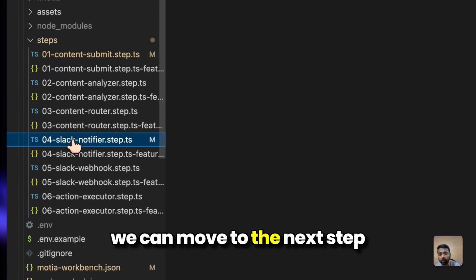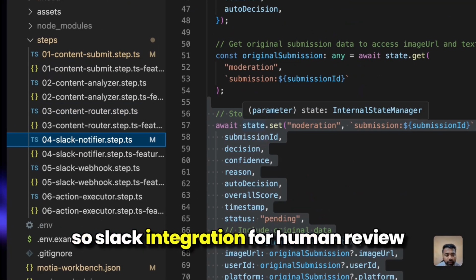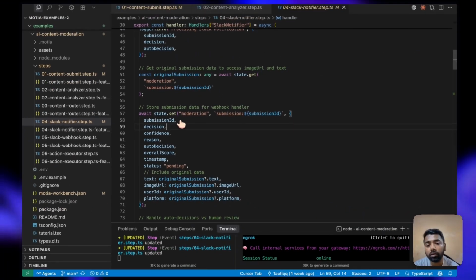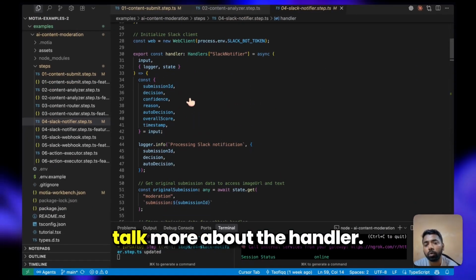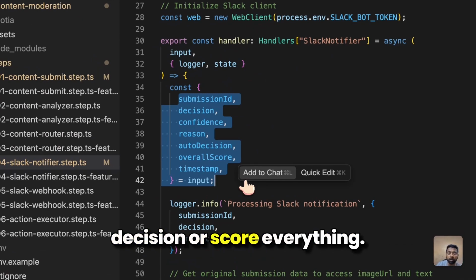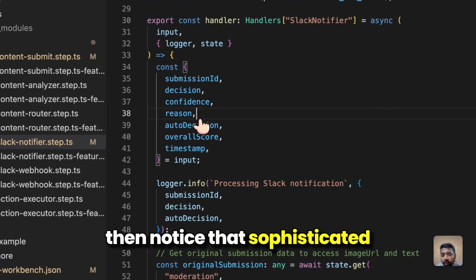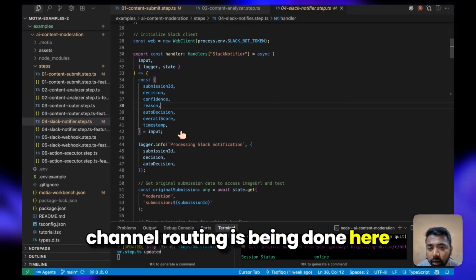We can move to the next step, which is the Slack notification. So, Slack integration for human review. Similarly, here I will talk more about the handler. Submission ID, auto decision, overall score, everything is covered. Then notice that sophisticated channel routing is being done here.